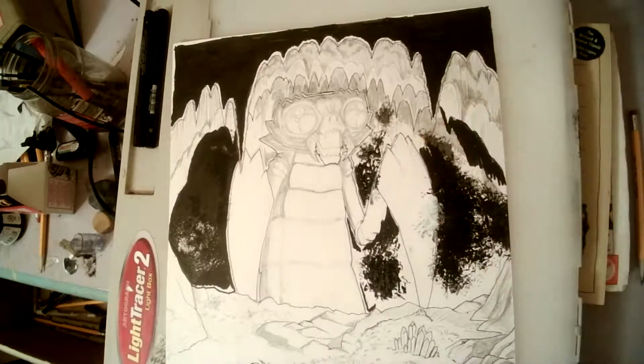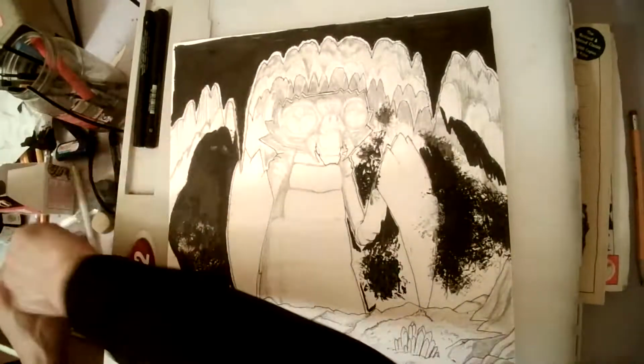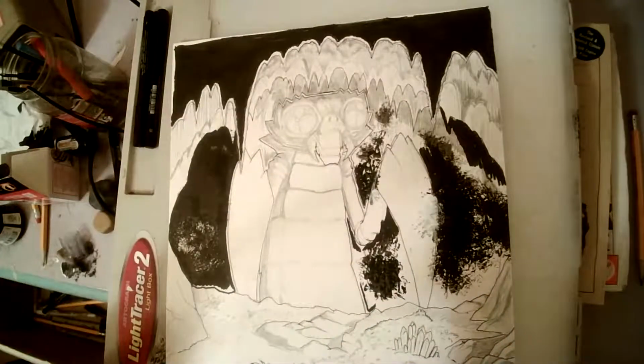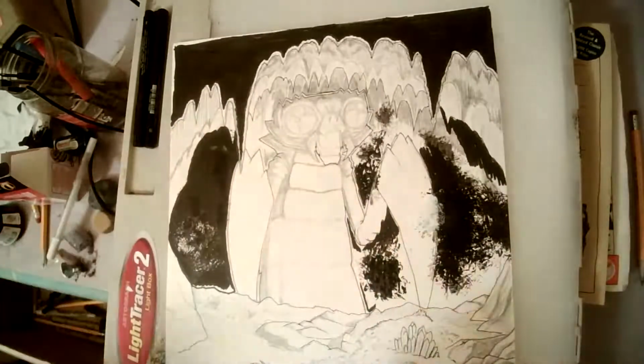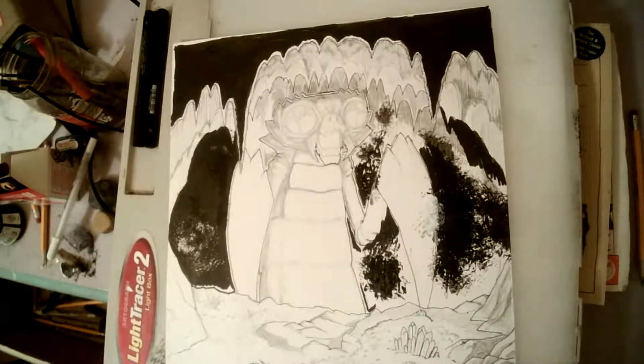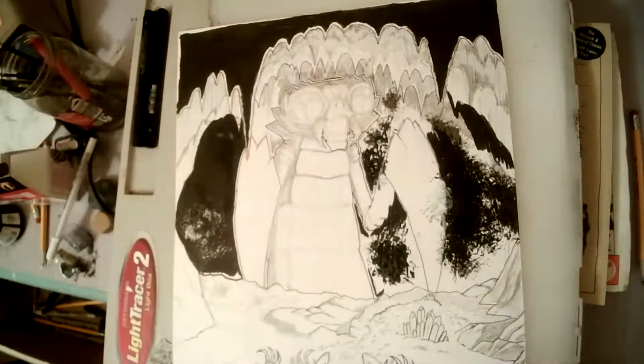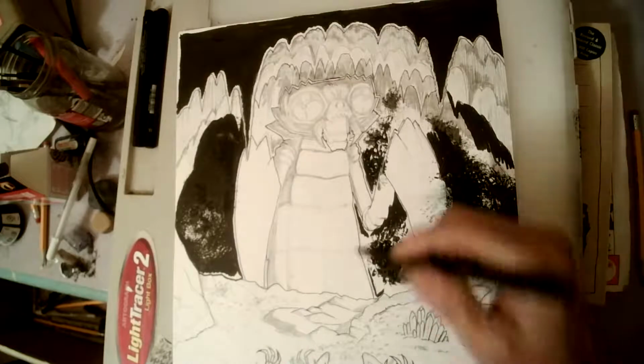But anyway, yeah. I just wanted some areas to play with. I'll worry about whitening that stuff out later when it dries. Now I can go in and fill in the black. That's cool though. That'll create some interesting textures in the background. It won't be just totally...